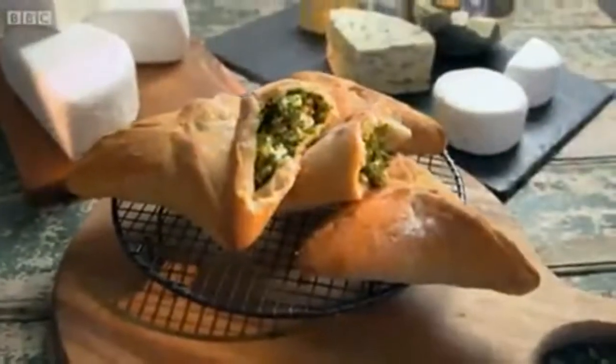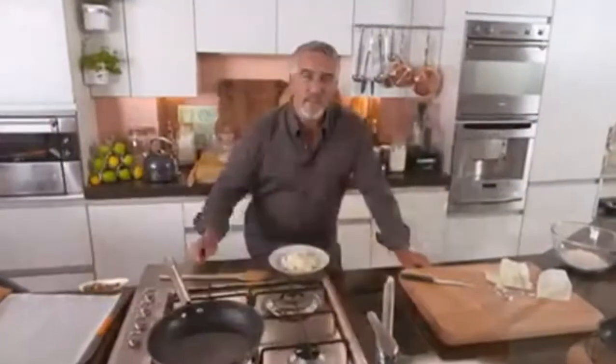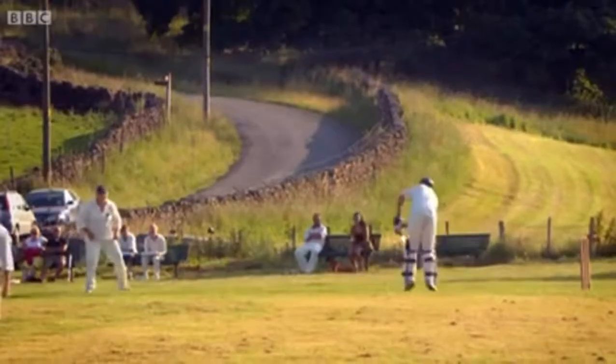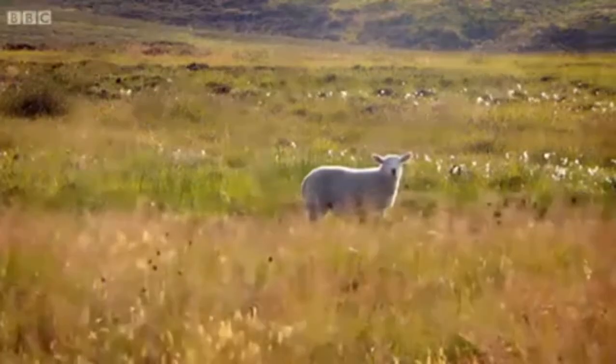My next recipe is Mediterranean in style, but with the main ingredients that I found a little closer to home. I spent many happy years living and working in Cyprus, where I grew to love the local produce. So imagine my surprise when I found an ingredient I had always identified with the Mediterranean being produced in sunny Yorkshire. When it comes to cheese, I've always associated Yorkshire with the likes